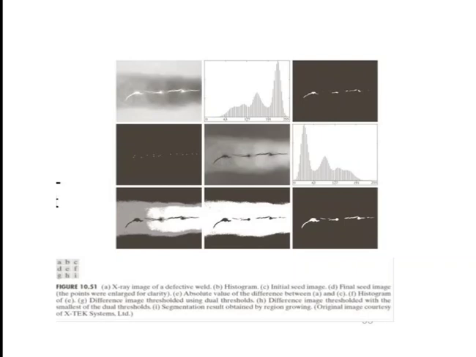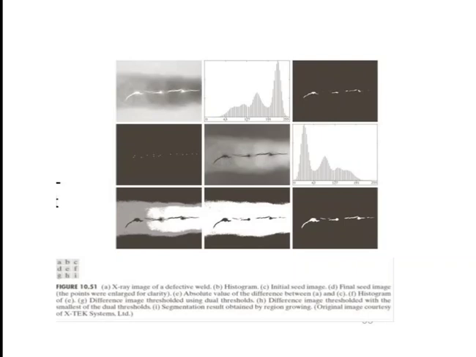The first order of business is to determine the seed points. From the physics of the problem, we know that the cracks and porosities will attenuate X-rays considerably less than solid weld. So we expect the regions containing these types of defects to be significantly brighter than other parts of the X-ray image. We can extract the seed points by thresholding the original image using a threshold set at a high percentile.